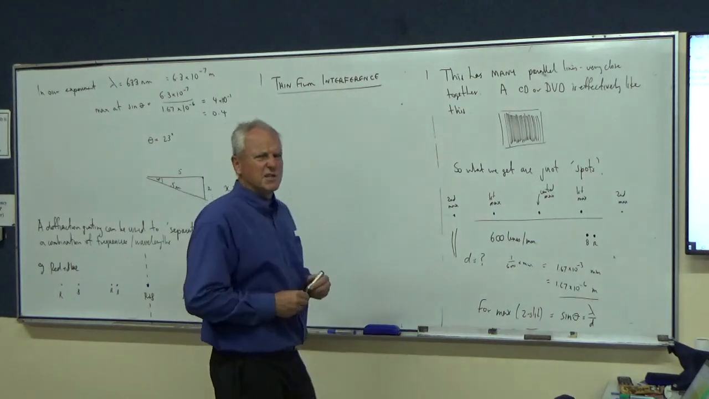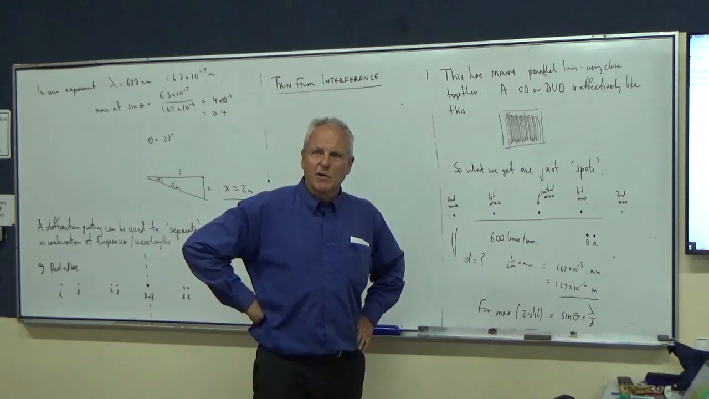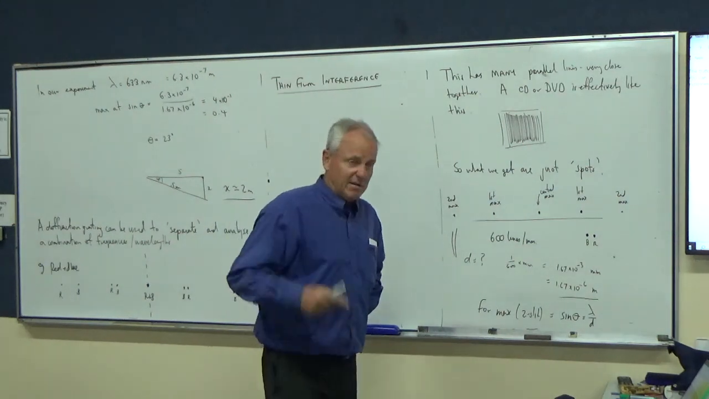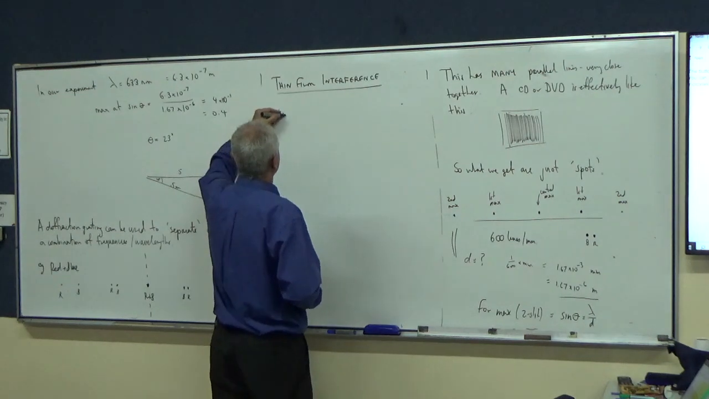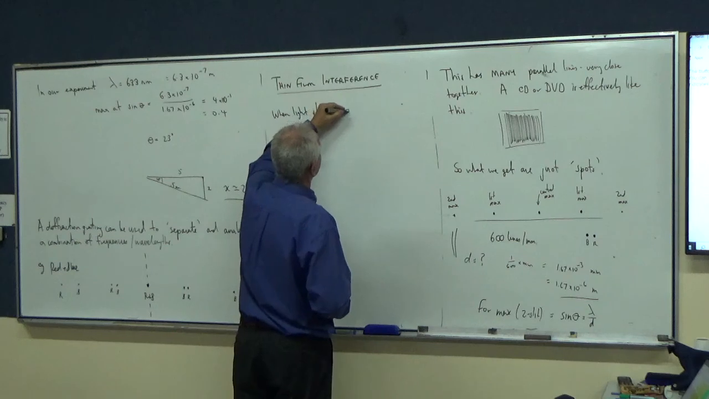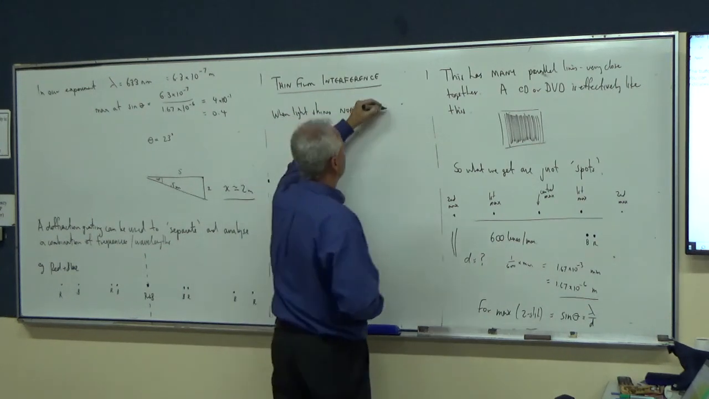And this is particularly with light, you know. I suppose it could happen with sound or microwaves or something, and it does happen with radar. I'll get to that shortly. But okay, thin film interference. So when light shines normally, and normally means perpendicularly,